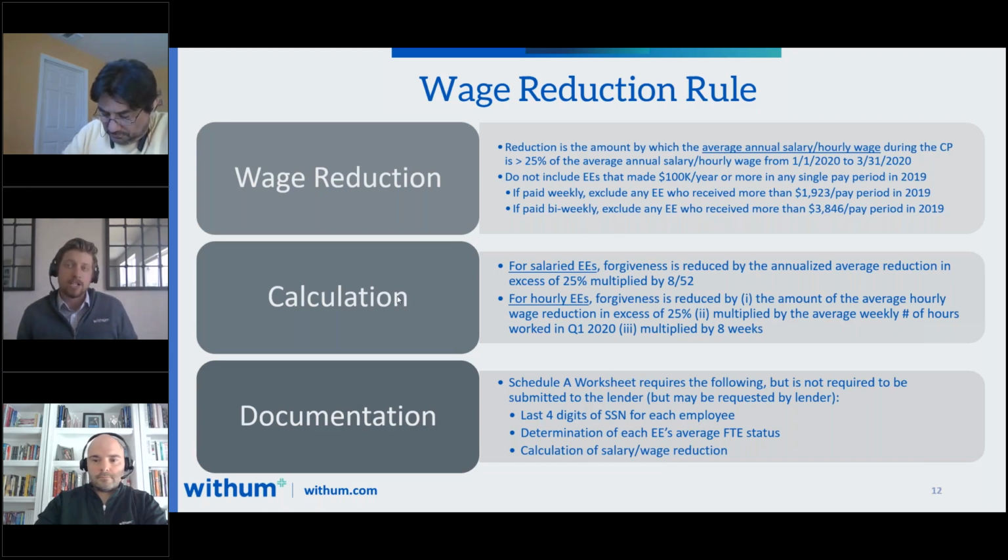And then the second question was, when the law came out, it said the most recent completed quarter. That was left ambiguous. Some individuals thought it would be the fourth quarter of 2019. Some thought it would be the first quarter of 2020. We now have that answer. The look back period to compare a wage reduction is going to be 1/1/2020 to 3/31/2020. As a reminder, what held from the initial law and the subsequent guidance is that any employee who made